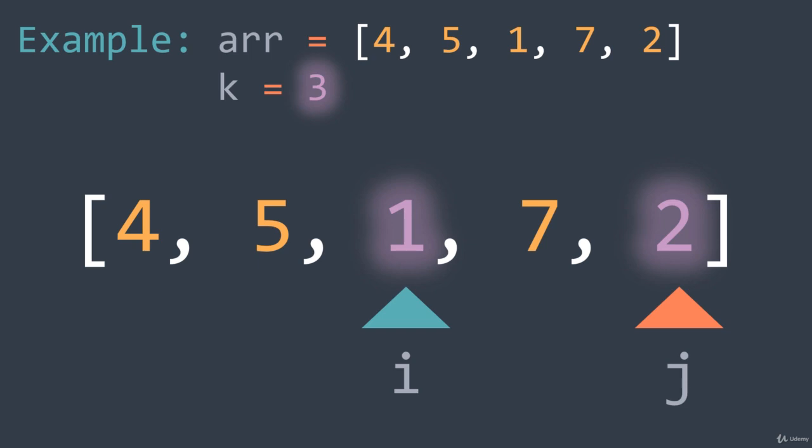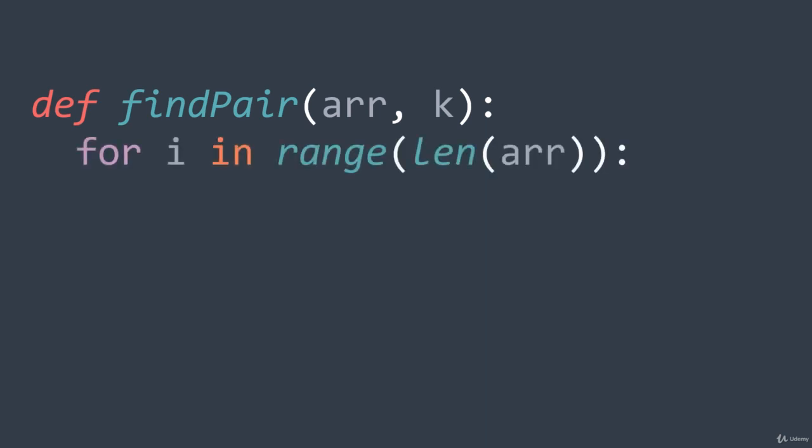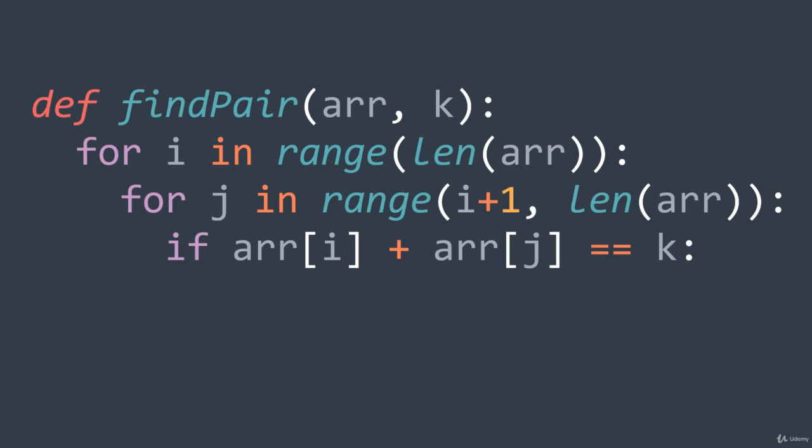The Python code of this solution is: we define our function findPair that takes as parameters the array of integers r and the integer k, then we start looping. To check all possible pairs we need two for loops. The outer loop where i starts at 0 and stops at r length, and the inner loop where j starts at i plus 1 and stops at r length. j starts at i plus 1 because if it starts at 0, we will traverse pairs that we already traversed, so it's useless. And inside the inner loop, if r of i plus r of j is equal to k,